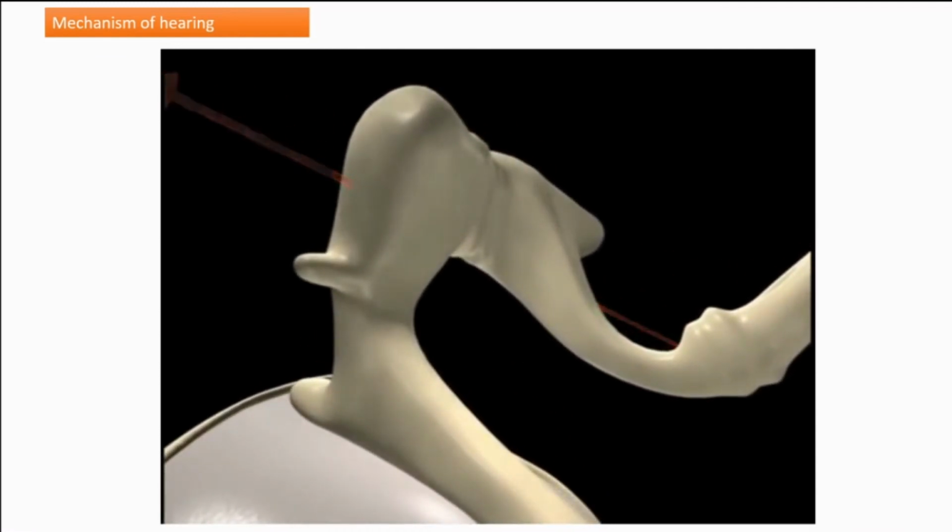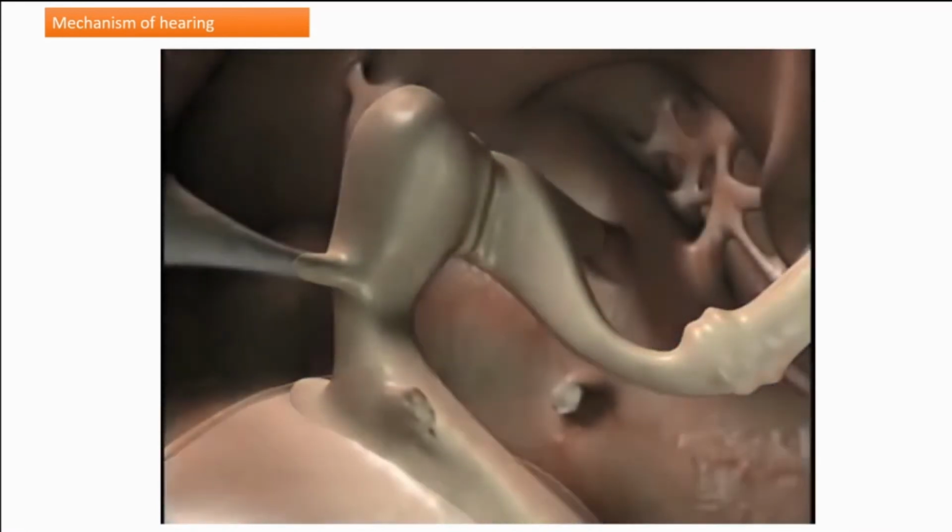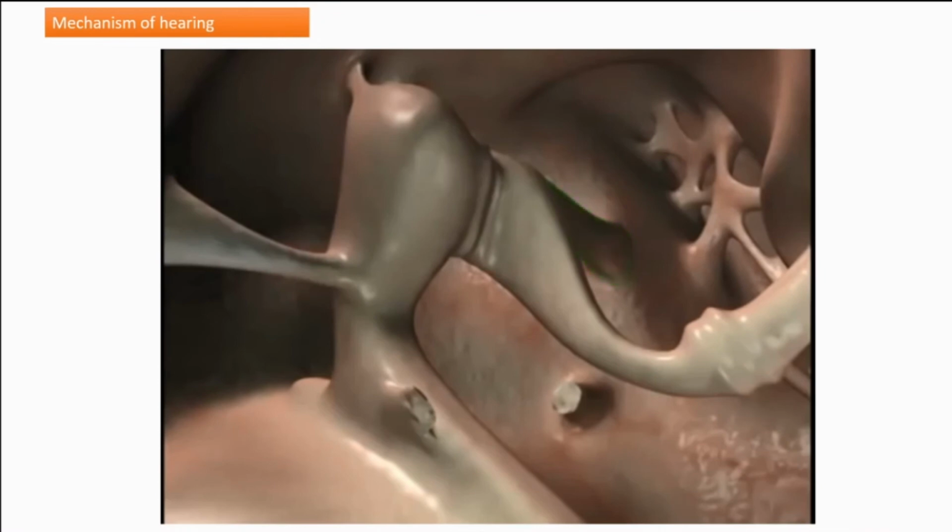The pivotal axis is due to a series of ligaments which hold the bones in place within the middle ear cavity. The anterior malleal ligament and the posterior incudal ligament are of particular importance for the pivotal axis. 2 structures which normally obscure this view of the middle ear have been removed. They are the chorda tympani nerve and the tendon of the tensor tympani muscle. Through the ossicles, the vibrations of the tympanic membrane are transferred to the footplate of the stapes.